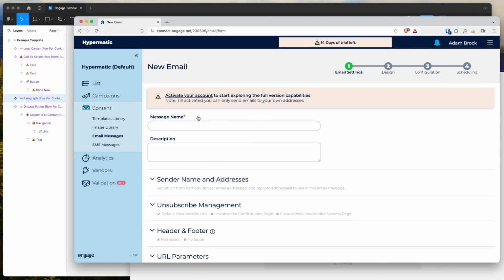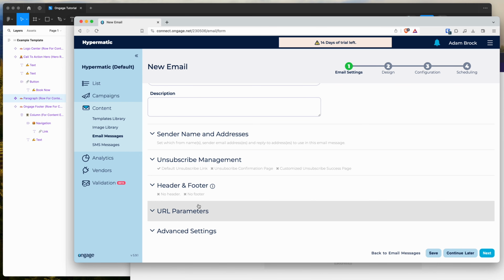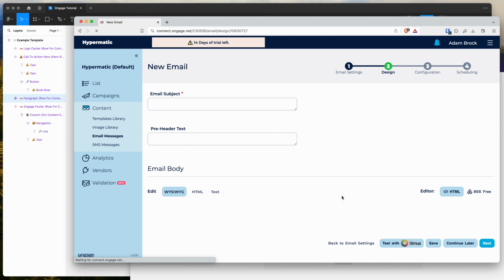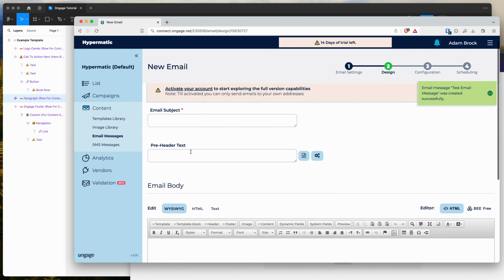So once the new email screen loads up, you can just give your message a name. So I'm just going to call this one test email message for today. And then you can populate things like your sender name and addresses and all that stuff. Fill that out as needed. And then just go ahead and click on the next button down here. And that's going to bring us to our new email page where we can then add things like subject line